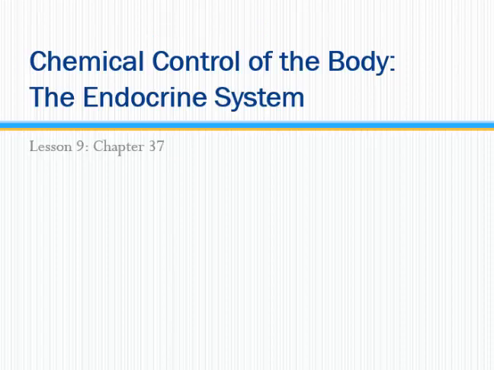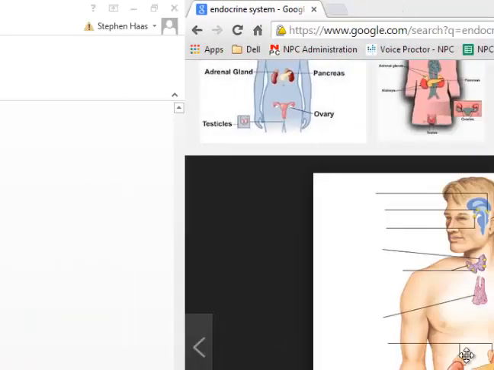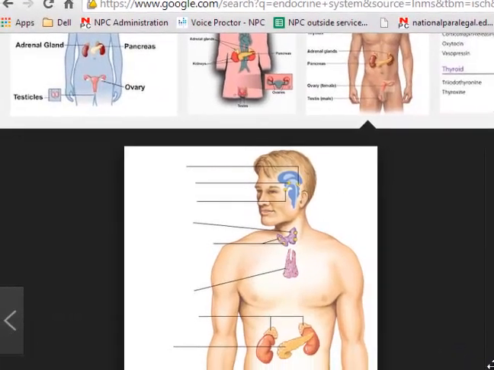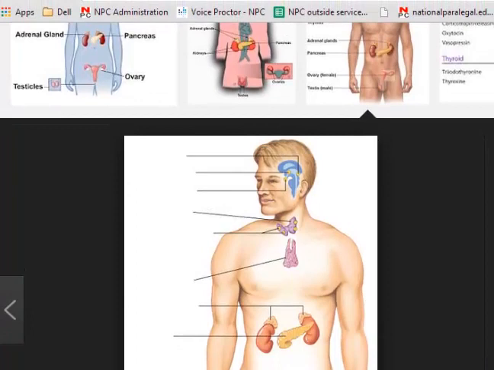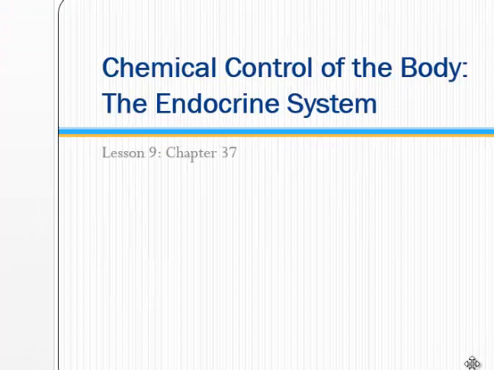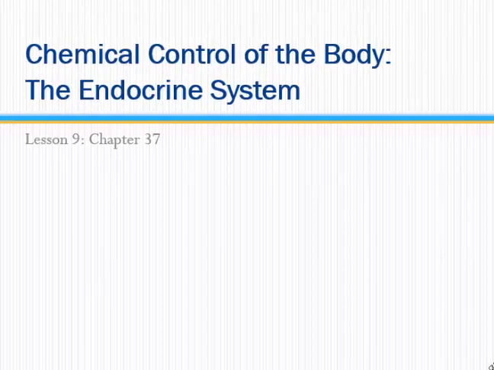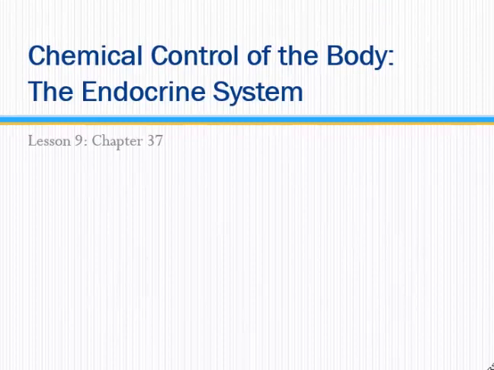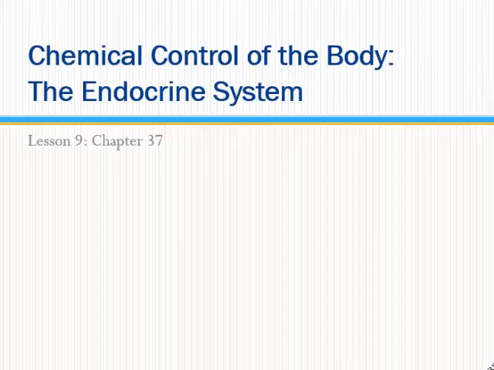Now the endocrine system is a little bit more loosely defined than various other systems in the body, whereas in other parts of the body, organs that are part of the same system are very close together. In the endocrine system, it doesn't really work like that. You have different glands in different parts of the body, all the way up from the hypothalamus and the pituitary gland, which is way up here, to the thyroid gland, all the way down to the pancreas, and various other glands throughout the body. So it is a system, but it's not contiguous. They're not all together. Rather, the endocrine system is just a bunch of different